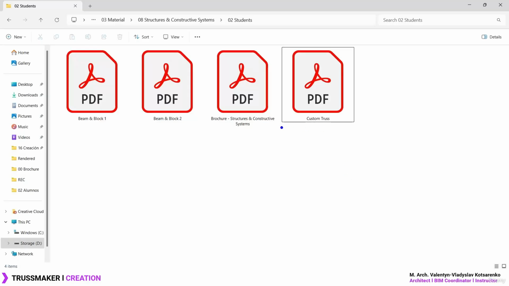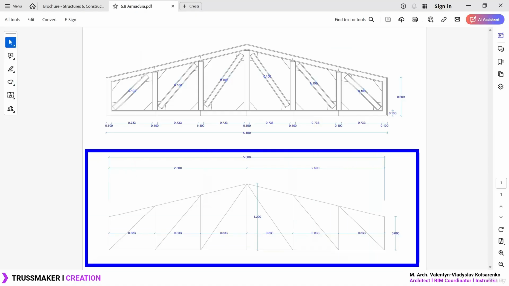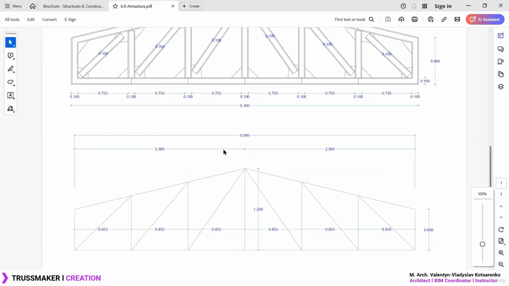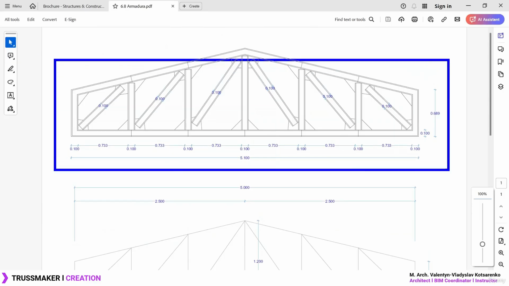For this case, what I'm going to do is include this extra reference, the custom truss. So make sure to open it up, and you will notice right away we got the profile that we are going to use for this experimental project, which has a total width of 5 meters, the base height, which is going to be 60 centimeters, and then the final height, which is going to be 1.20 meters. Okay, so we will use this reference 5, 60 and 120,